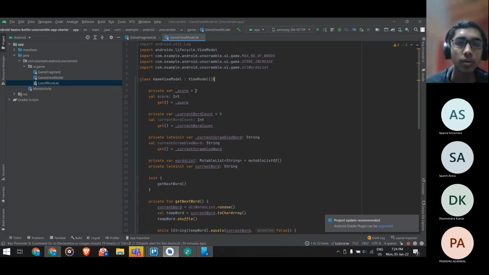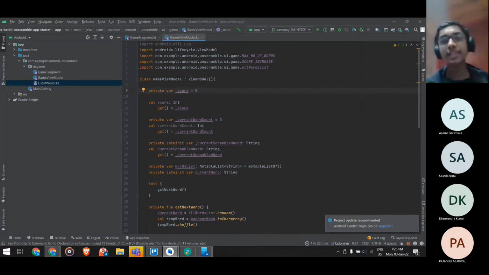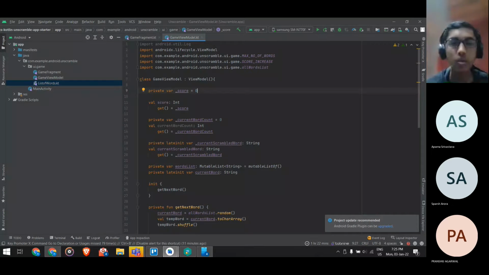In your view model, you can see these 3 lines of code, right? What this does is that it declares a variable called underscore score, and we have made this private because we don't want it to be accessed by other apps. Private is a scope, and scope is very widely used in programming. It basically means the portion of your project to which this particular variable or function is visible. So if we say private, it's only visible in this class. If you say public, then it's visible everywhere. To maintain a certain sense of separation, we use this. We need to keep stuff private, right?